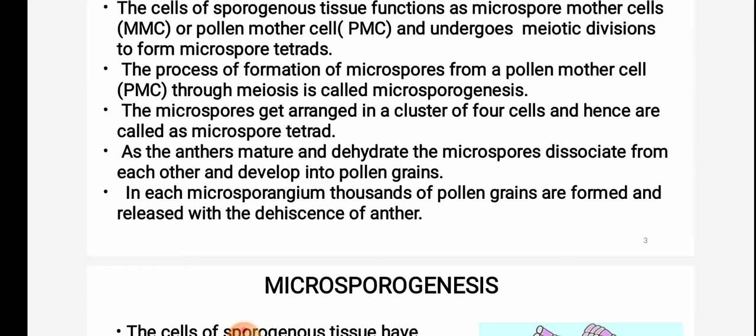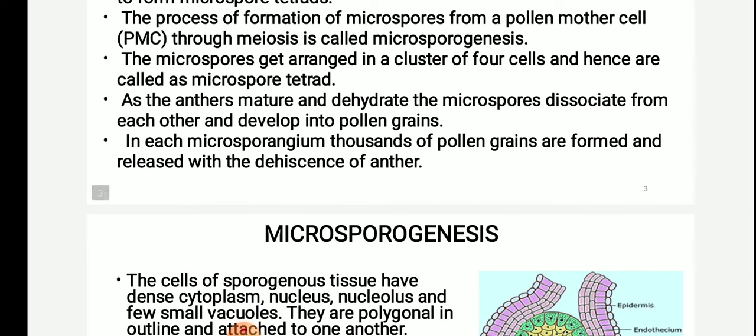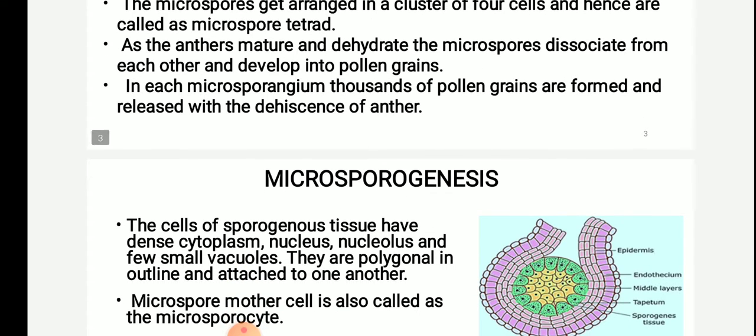So microsporogenesis is nothing but the formation of microspores from a pollen mother cell through meiosis. The microspores get arranged in a cluster of 4 cells and hence are called microspore tetrad. As the anthers mature, they dehydrate and the microspores dissociate from each other and develop into pollen grains. In each microsporangium, thus we will see thousands of pollen grains which are formed and they are released with the